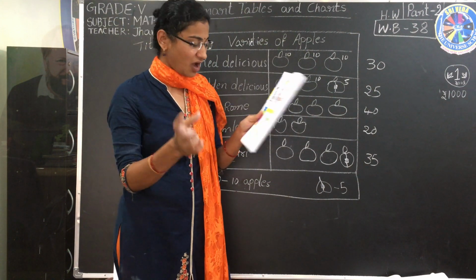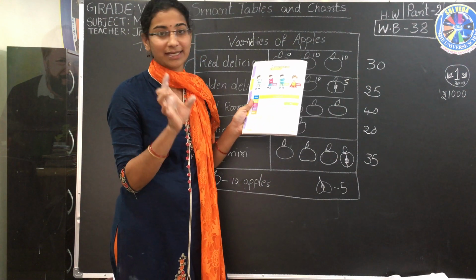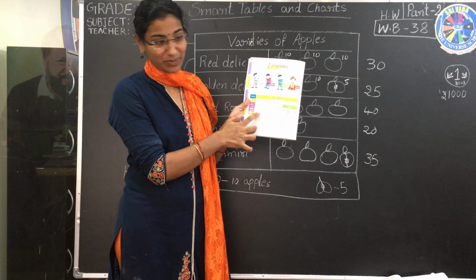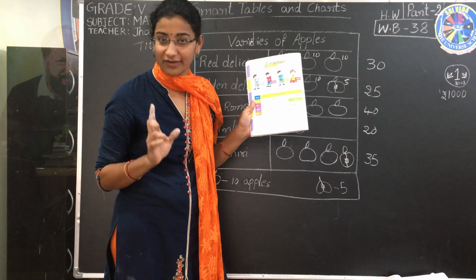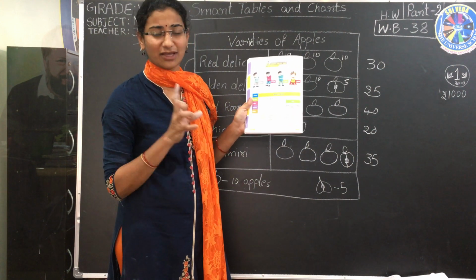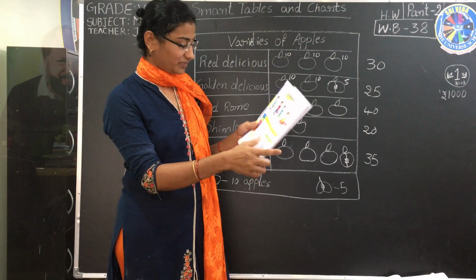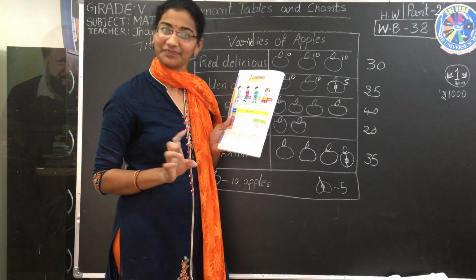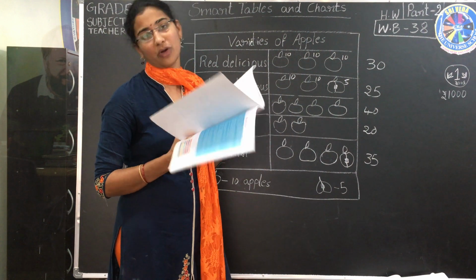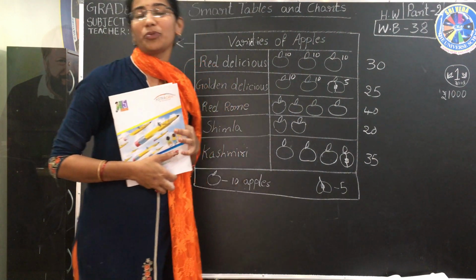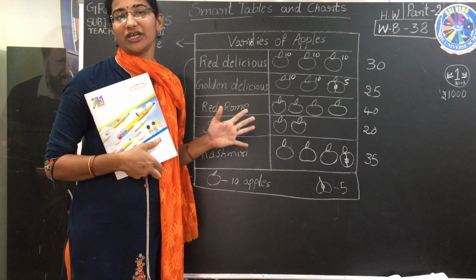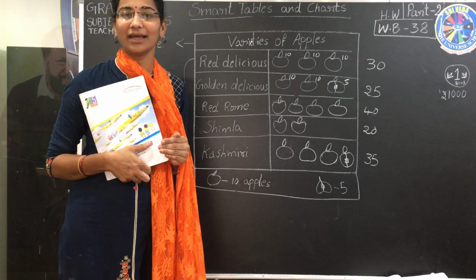After that they have asked 3 questions. First complete the table. Read the questions carefully and write the answers. The questions are from the table only. Just know how we solve it like this. Then fill in the answers. Clear? I hope you understood. If you did, no problem. Once again listen to the video. Then start doing the homework.